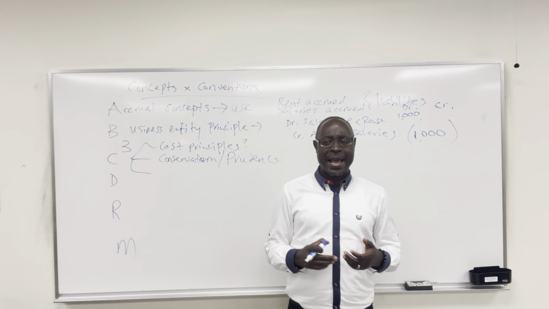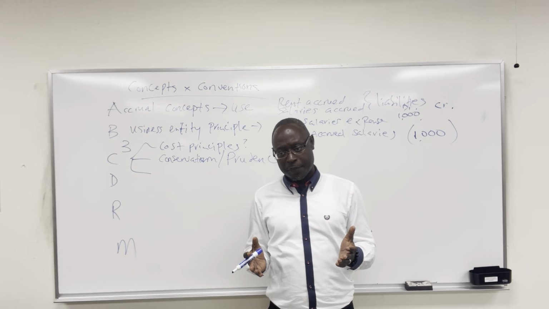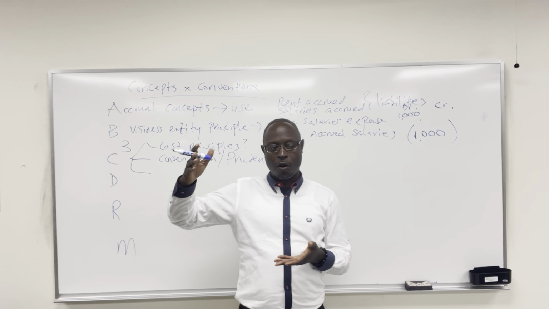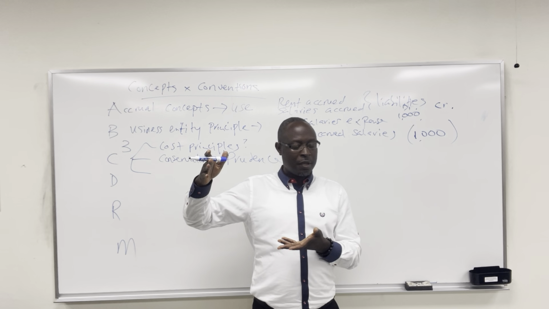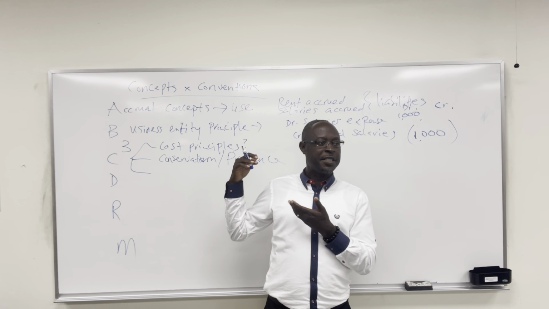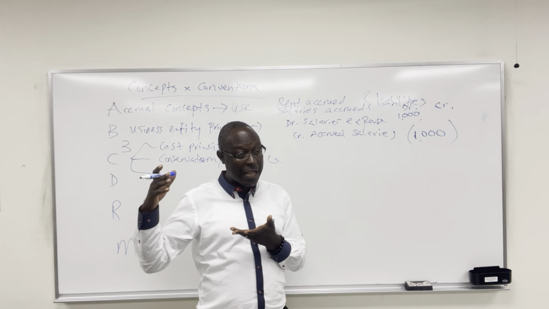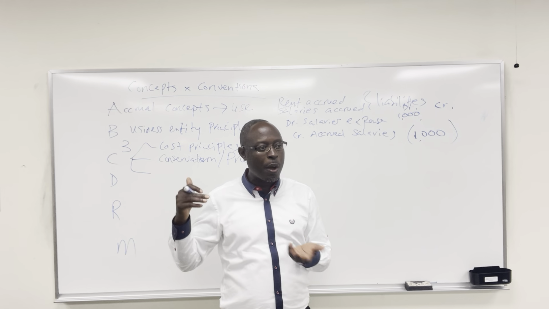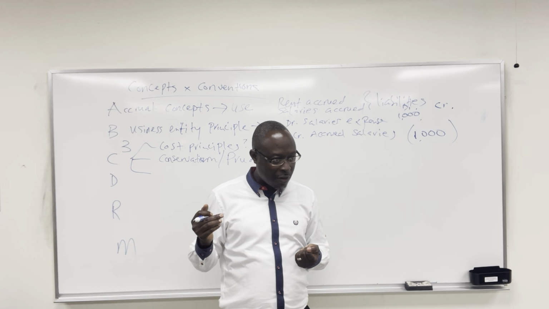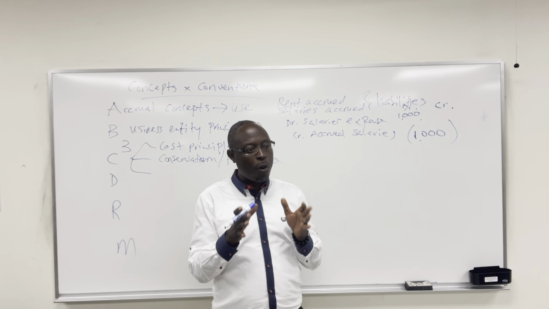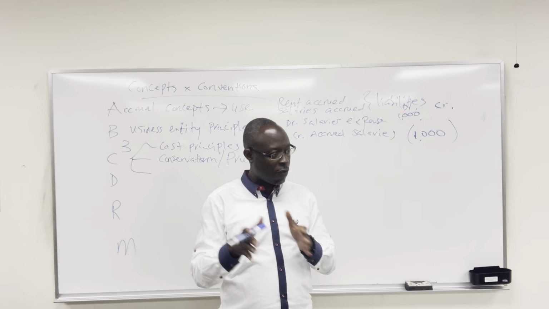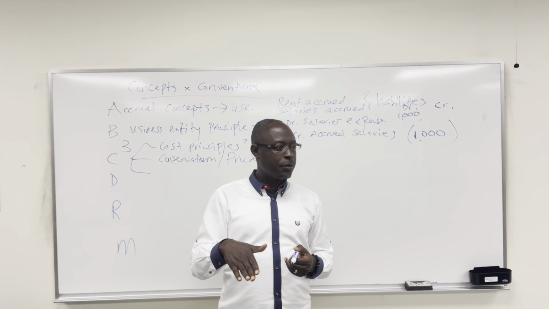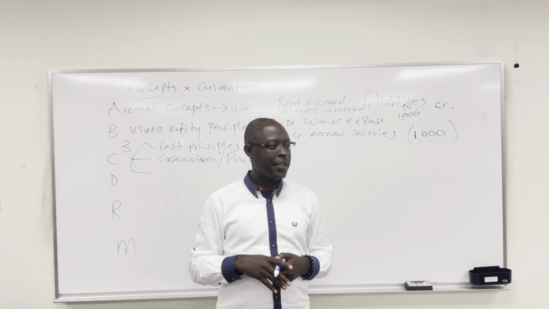If my estimate is for an asset, and the value of the asset could be 2 million or 1.5 million, this conservatism principle says, be smart. If you tell people the value of the asset is 2 million and it is not, you're more likely to get in trouble. So why don't you use 1.5? You understand what I'm saying? So for an asset, you are more likely to understate rather than overstate it. In other words, bring down the good news and let people know the bad news first.